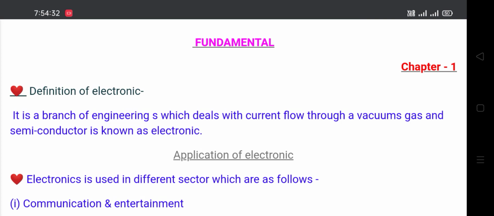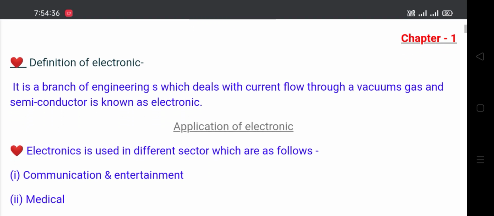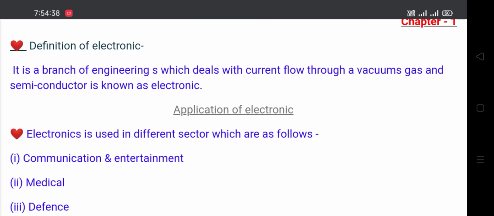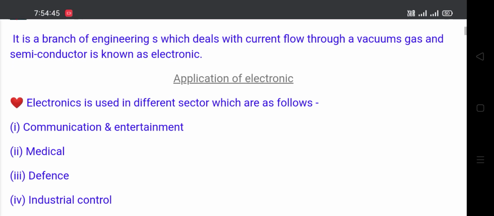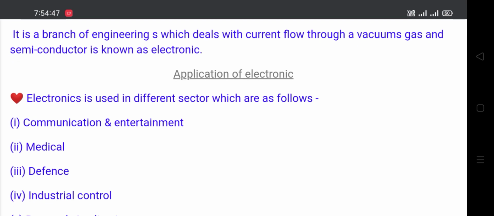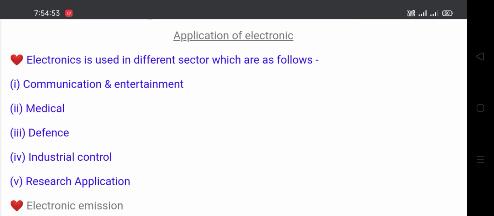Basic Electronic Fundamental, Chapter 1. Definition of Electronic. It is a branch of engineering which deals with current flow through a vacuum, gas and semiconductor is known as electronic. Application of Electronic. Electronic is used in different sectors which are as follows: communication and entertainment, medical, defense, industrial